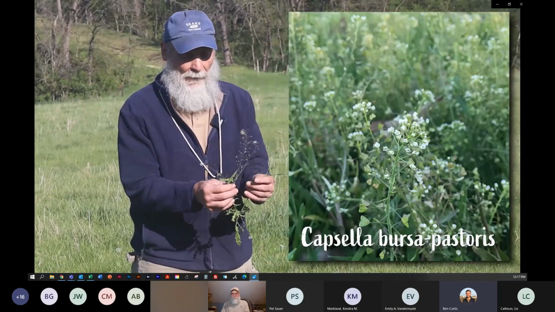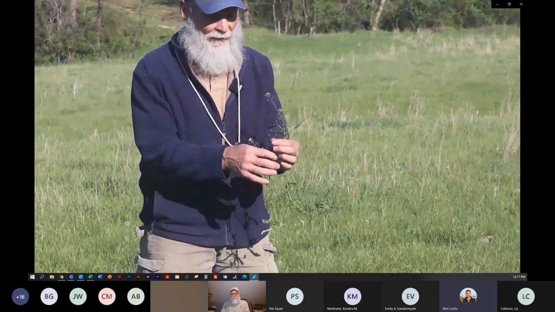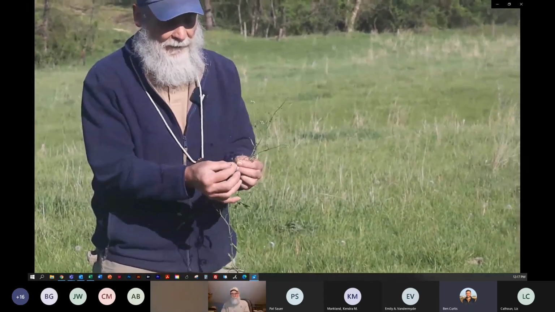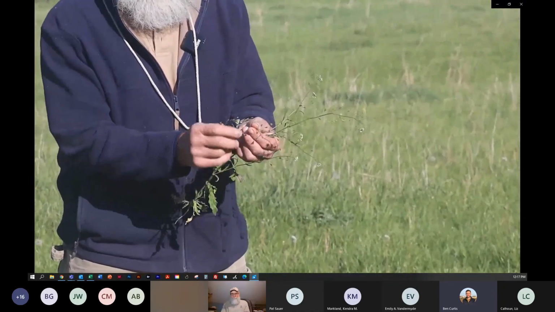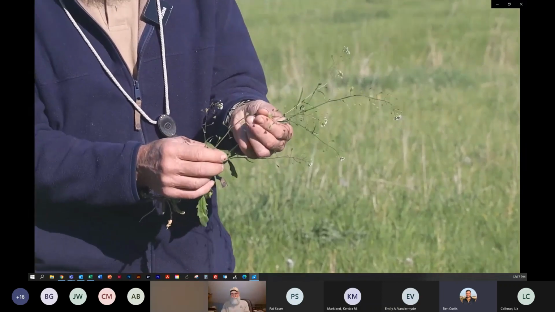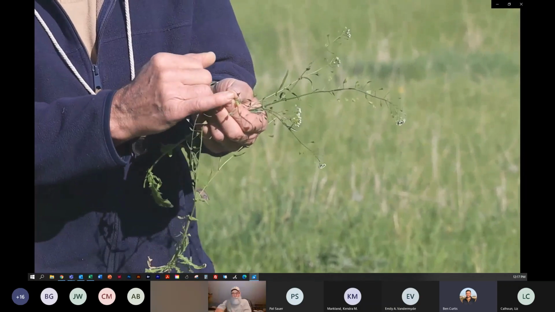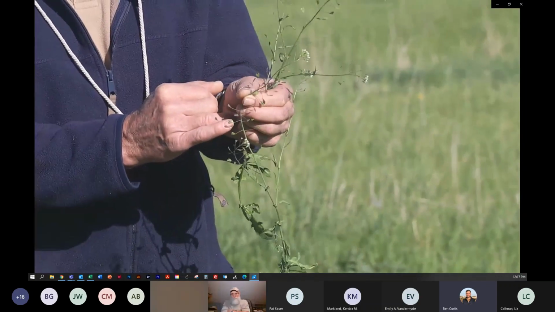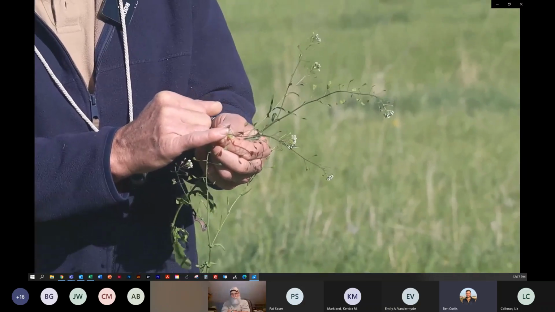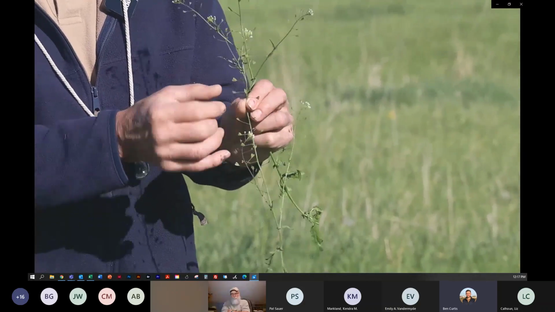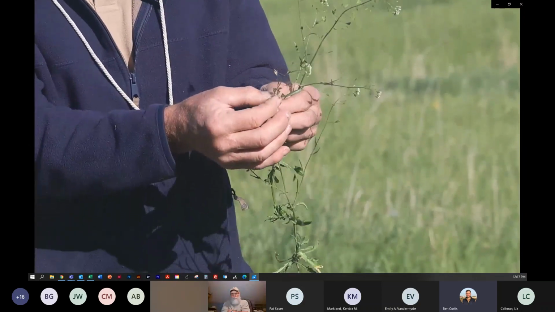Here we also have fruits. So the fruits, again, are very helpful in the mustards. And in this case, again, we have very distinctive little fruits here. They're silicles because, again, of their size. They're less than 3 times longer than they are wide. And these have a very distinctive heart shape to them. So they are attached by the base of the heart, and then towards the top of the fruit, you have the two lobes that give it that heart shape.